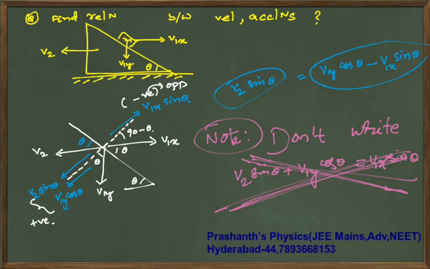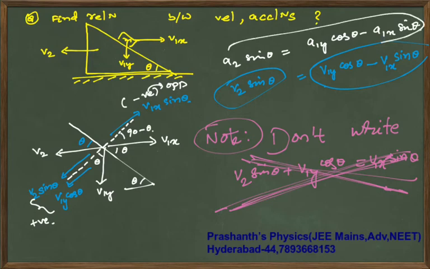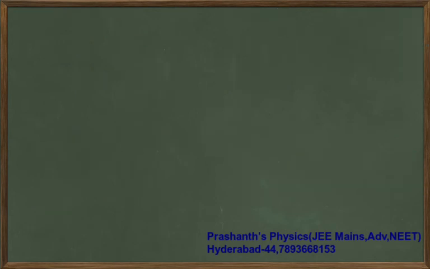So if you differentiate it this way, in terms of acceleration, because theta is constant, a2 sin theta is equal to a1y cos theta minus a1x sin theta. Don't worry, we will solve this problem. This is a standard question which we will discuss, but first in this lecture my focus is just simply relating the velocities, that's all, nothing else. Next, your next situation is,